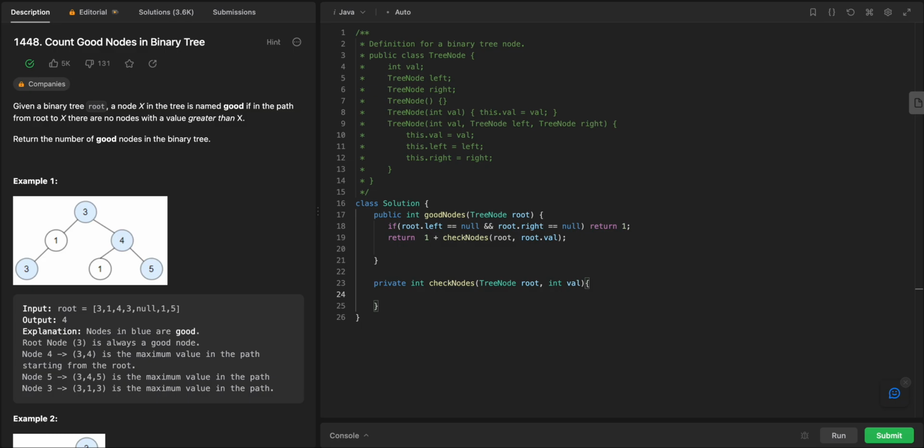Okay, so since we are counting the good nodes, let's declare a variable here, right? So the total number of good nodes, count, is 0 initially. Now we check if root dot left does not equal null. If it's not null, we compare the value in this node with its root value, right? So if root dot left dot val is greater than or equal to its root node, and in this case this is val, right? If this is the case, then we add it to the total, and we again call the function